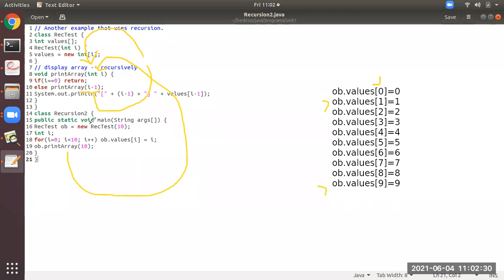So print array of 9 it is. Now print array of 9, when it comes inside, if condition 9 double equal to 0 is false, it will come to 10th part. Now it will call print array of 9 minus 1, that is print array of 8. So it will keep on doing this till where? Till it becomes print array of 1 minus 1, that is print array of 0, no? So print array of 0 at 10th line, what will happen is print array of 1 minus 1, that is 0, it will call here again.